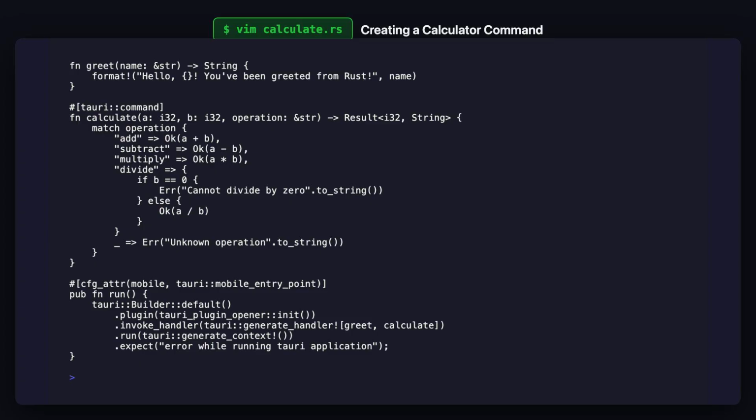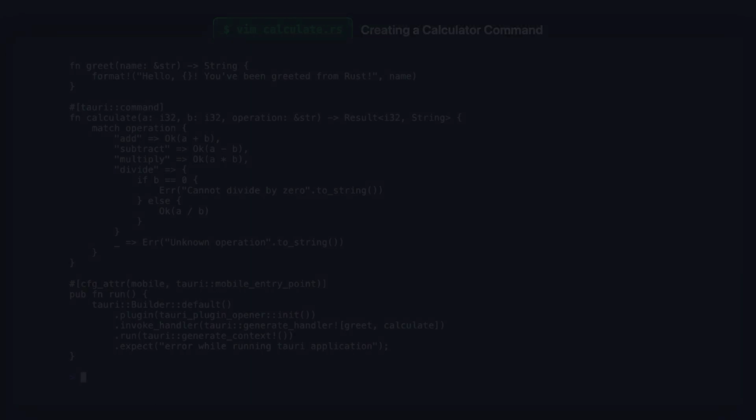We use Rust's powerful match expression to handle different operations. For add, subtract, and multiply, we simply return Ok with the calculated result. Division requires special handling. We check if b is 0 to prevent a crash. If so, we return an Err with a descriptive message. Otherwise, we return Ok with the